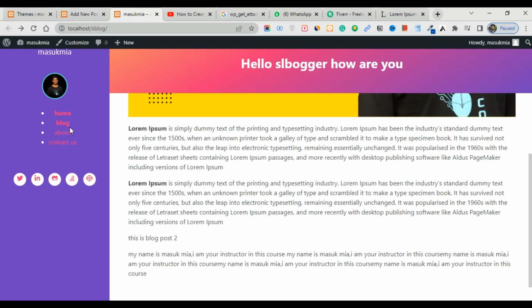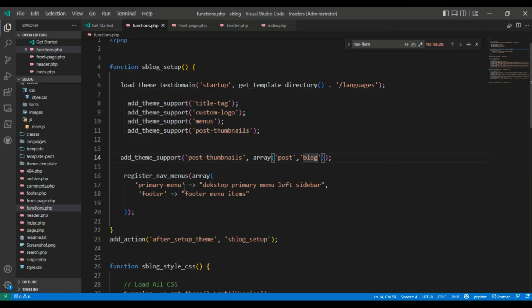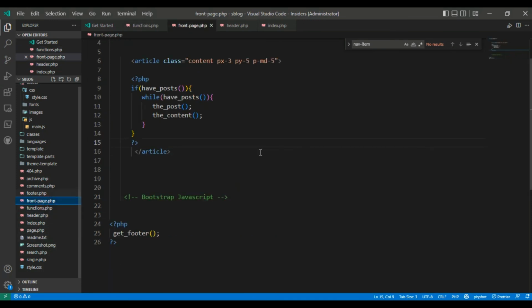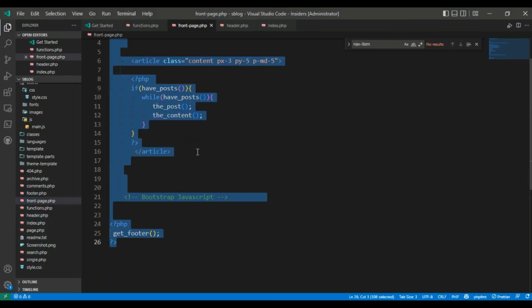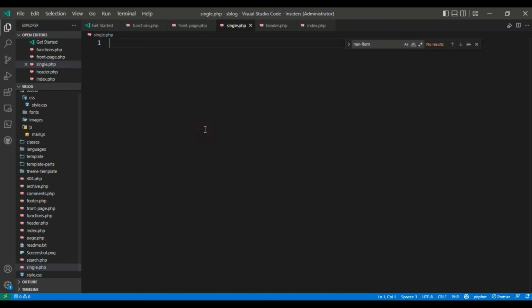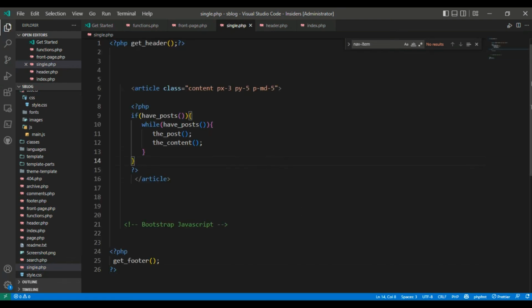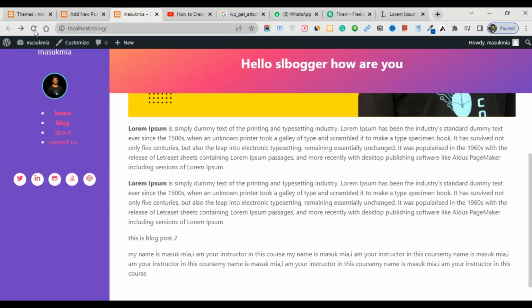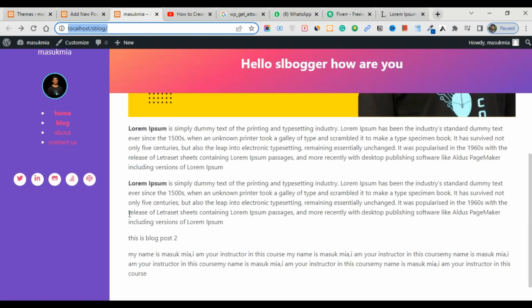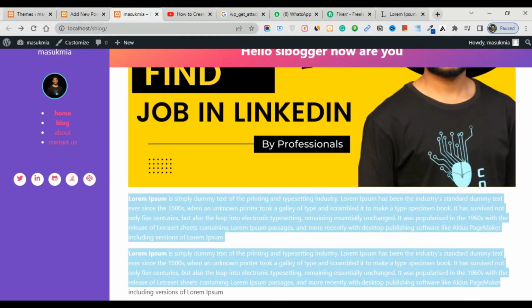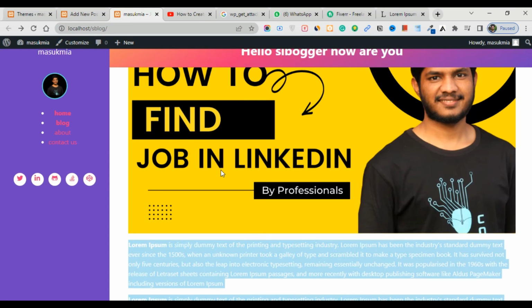So here I'm going to create another post like that, header and front page. I'll just copy everything and paste it here in single.php. Okay, then I'll refresh my browser, then you'll see that when you click about, it will change the URL link here. Okay guys, but here I'm going to create another,